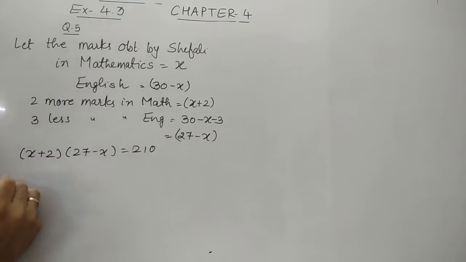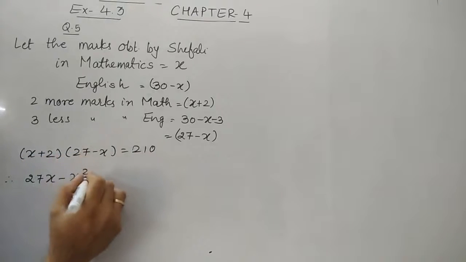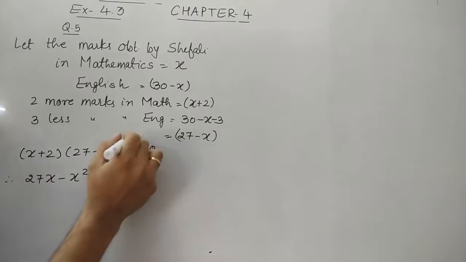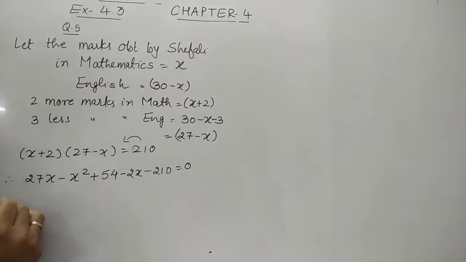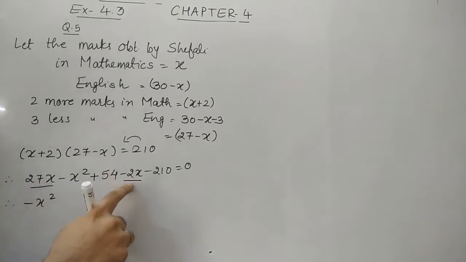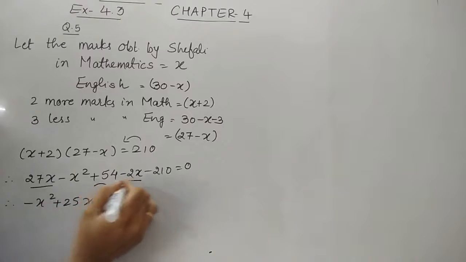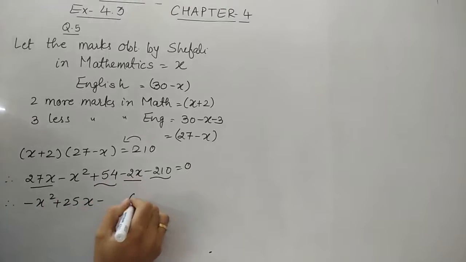Now let us simplify. X multiplied with both the numbers: 27x minus X square. 2 multiplied with both the numbers: 54 minus 2x. I'll take this 210 to the left hand side, minus 210 is equal to 0. Let me simplify. I'll write x square first, as it is negative. We have two like terms, 27 minus 2, that is 25x. And these two are like terms, it must be subtracted, so minus